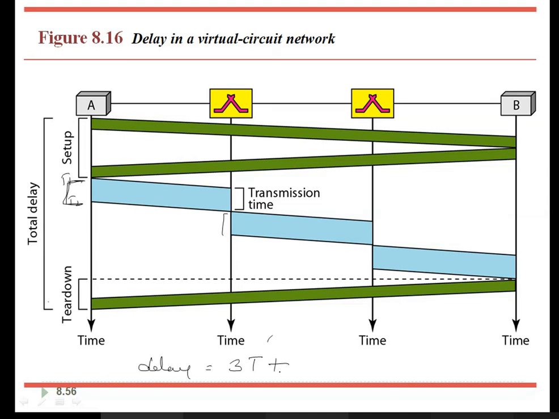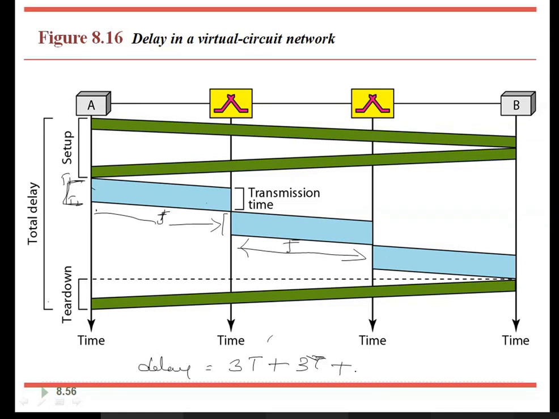And the propagation time to send the data from A to B. It requires some propagation time, as the signal is going to propagate from A to B. For that it requires some amount of time. Each time we can represent it as tau, so that is 3 tau. That is the propagation time to reach from this node to this node. According to this method, we have 3 tau plus